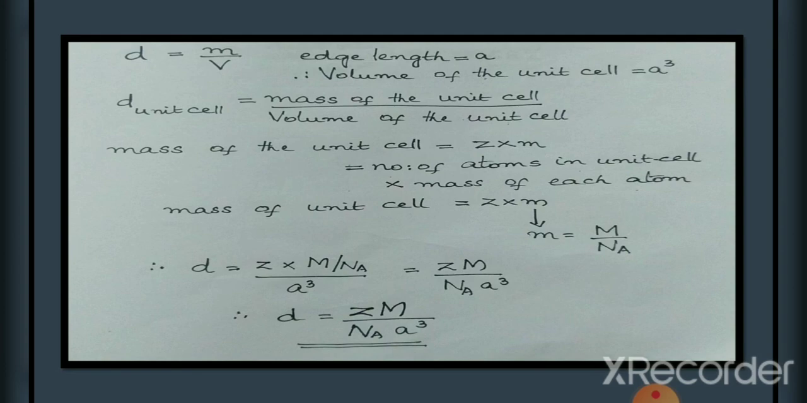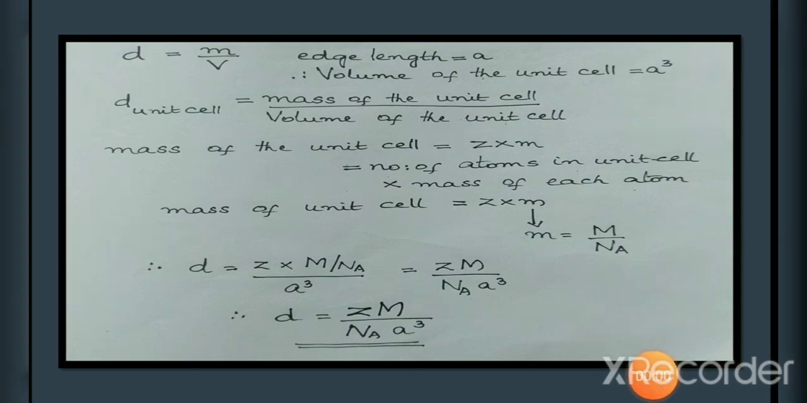How can we get the volume of the unit cell? If the edge length is taken as A, the volume of the unit cell will be A cube. Therefore, when we substitute, we get density is equal to Z into m divided by A cube, which is equal to Z into M by Na divided by A cube, or density is equal to ZM by Na into A cube, where Na is